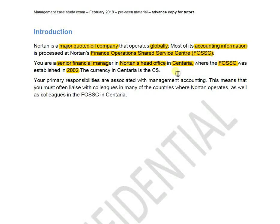Now, this is the country in which you have the FOSSC, and the service center FOSSC was established in 2002. So that is 16 years ago, right? So that's a long time, and by now all the processes should be properly streamlined, and we would have learned a lot about the mistakes that would have happened along the way and taken action to prevent them happening, right? So continuous learning is important. The currency in Centaria is the C dollar. So once again, don't think of this as the US dollar or the Australian dollar or so on, because it's a fictitious currency, right? But keep in mind that you might be tested on certain accounting treatments for exchange rate